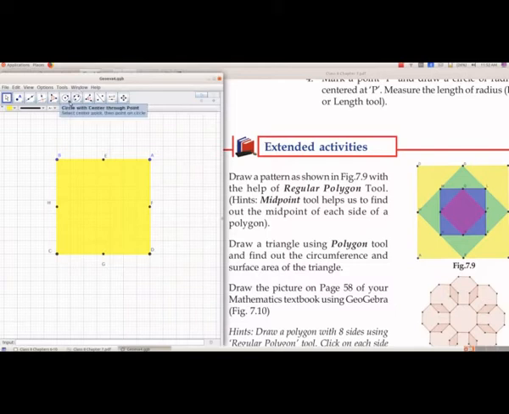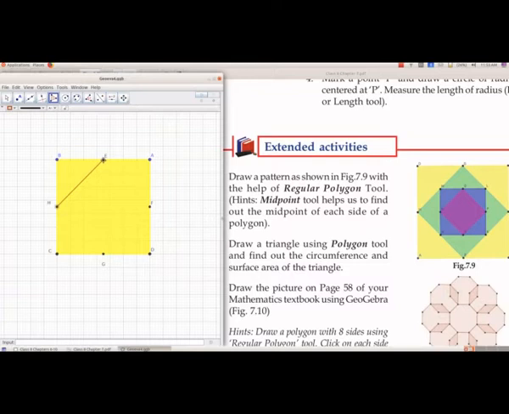And now again we need the second square, which we will get by joining the midpoints. Again from group 5 we will select polygon and select the midpoints. The midpoints are E, F, G and H. First we will select H, then move the mouse and select the point E and click the mouse there.